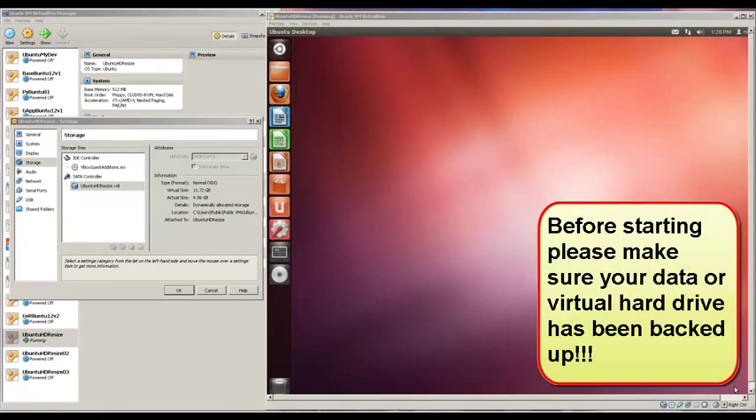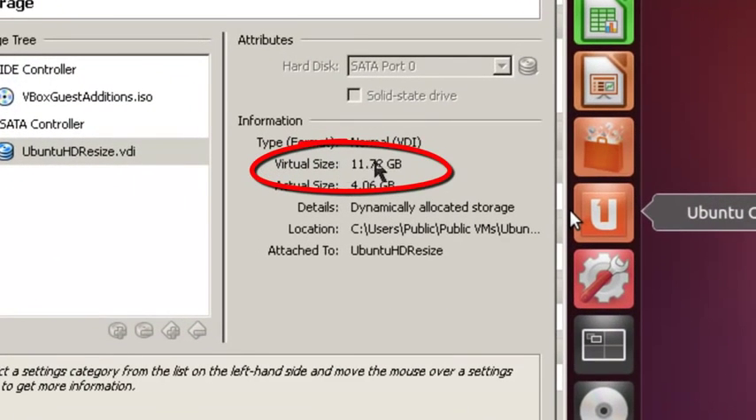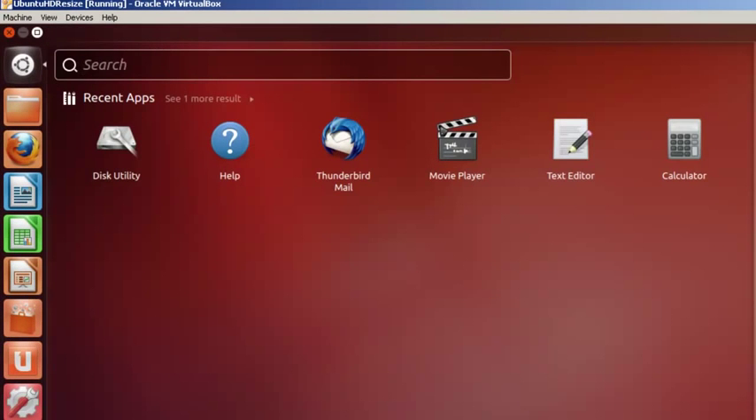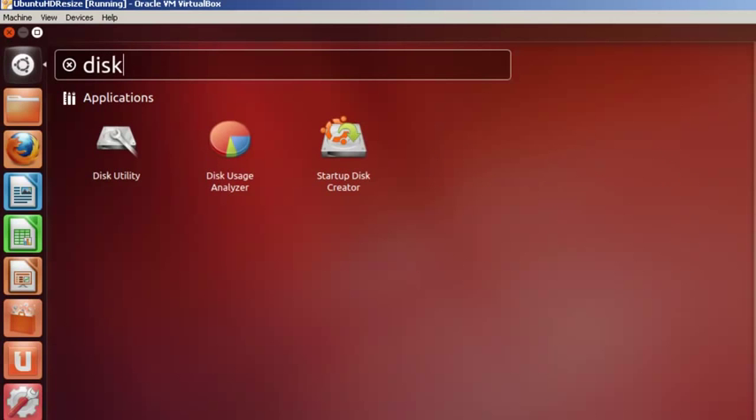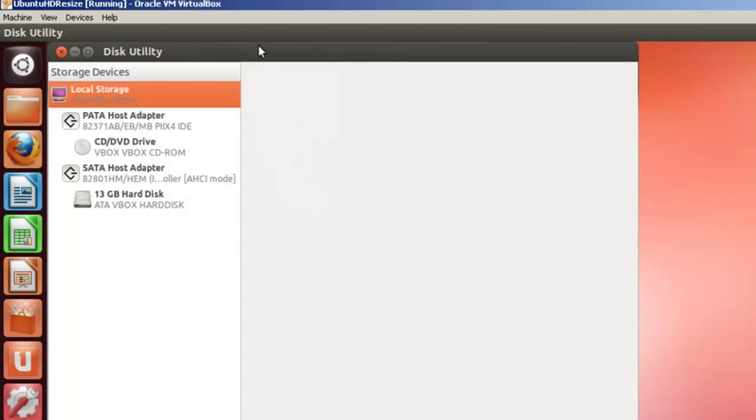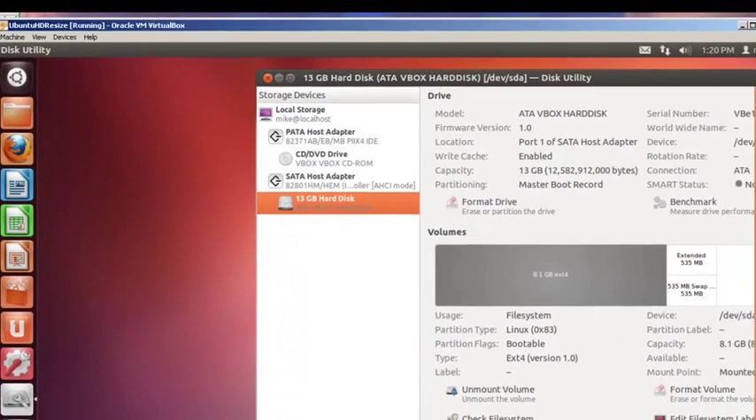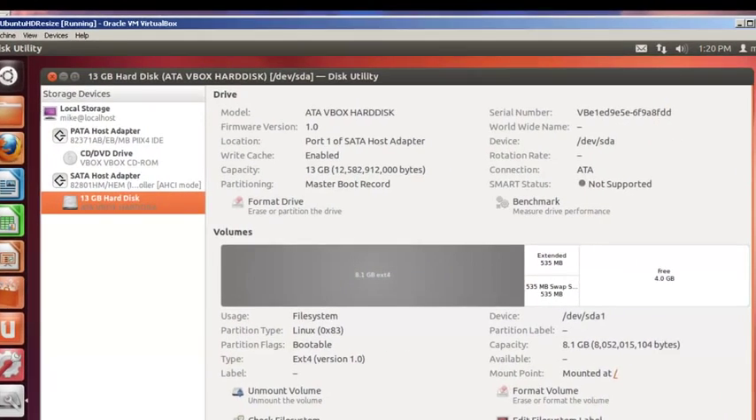After resizing your Ubuntu virtual hard drive in VirtualBox, VirtualBox will see your expanded hard drive, but Ubuntu is unable to use it. Here it says the virtual size is 11.72 gigabytes. But if we go to Ubuntu, use the dash, and search for disk utility, start the disk utility,